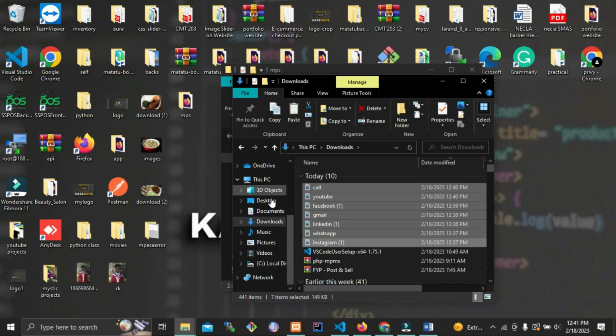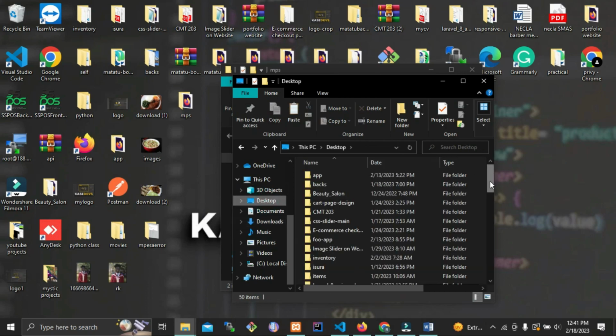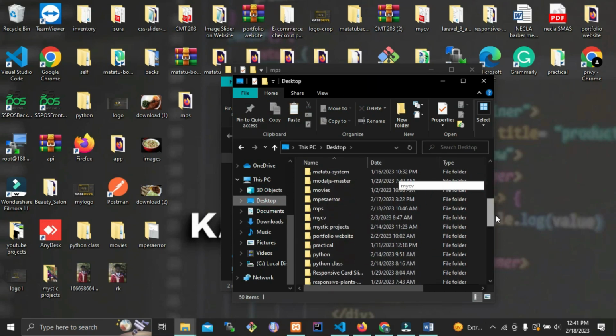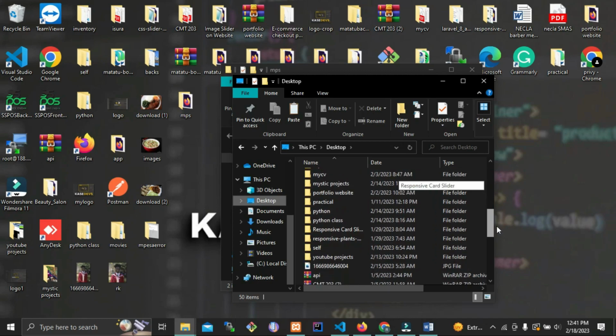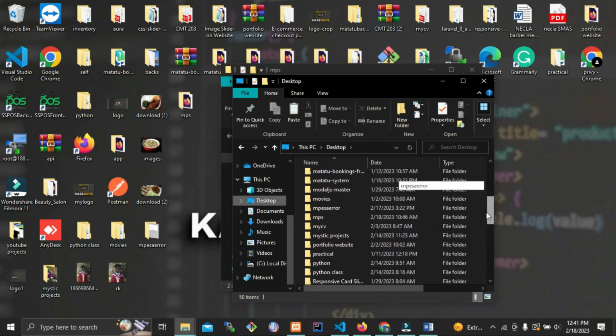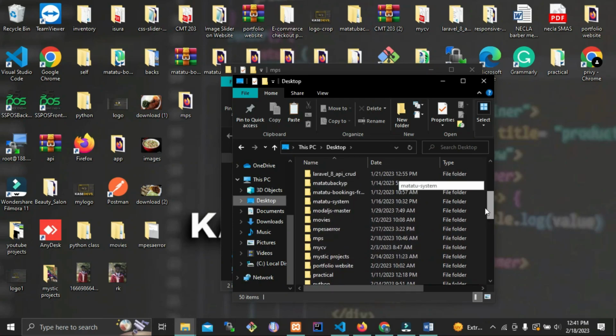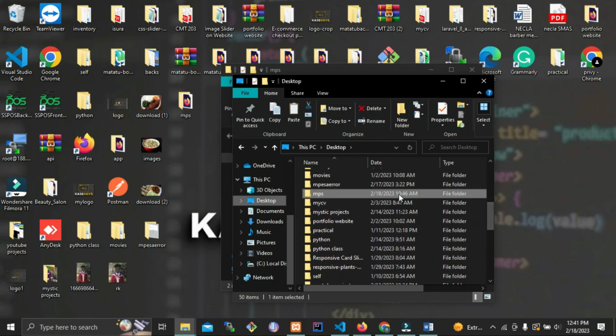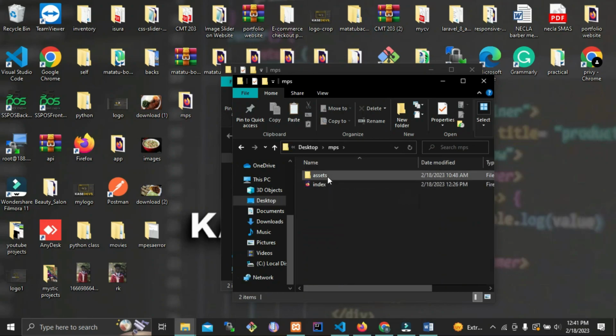Cut them, go to your desktop, scroll down. Here you go. The assets, the images, and then the icons, then paste